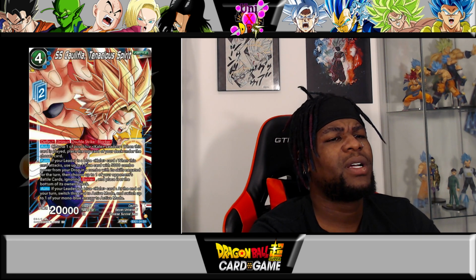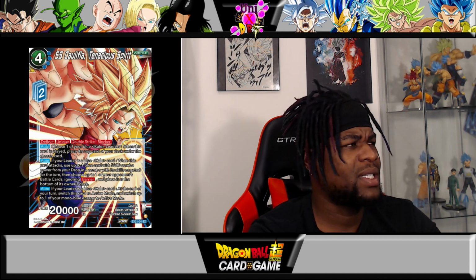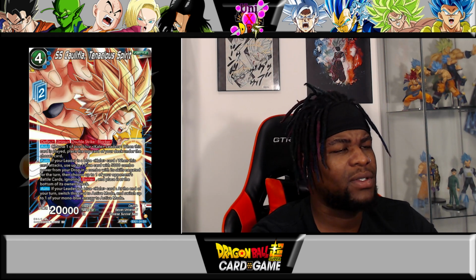The next card and the last card we're going to talk about is SS Caulifla, Tenacious Spirit. It is not enough that they gave it a Kale. Now it needs a Caulifla too. I think it was a Kale in the other one. But deflect, unique, double strike, blocker. No, this is the only one they gave us, and I was ragging this earlier because this one is